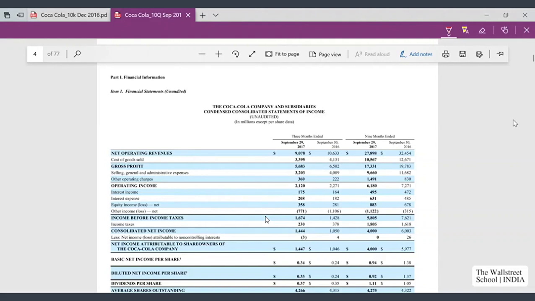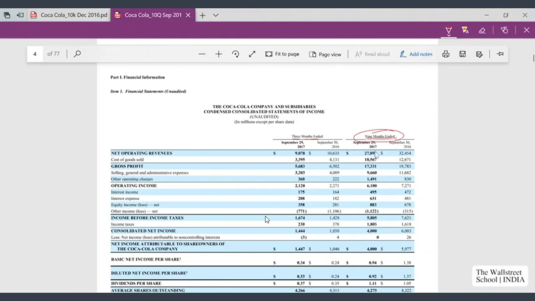Now friends, in this statement of income, you can see the company has reported two sets of numbers, one for 3 months and one for 9 months. So these 9 months numbers are basically cumulative numbers, and the numbers relevant for our calculation of LTM would be these 9 months ones.